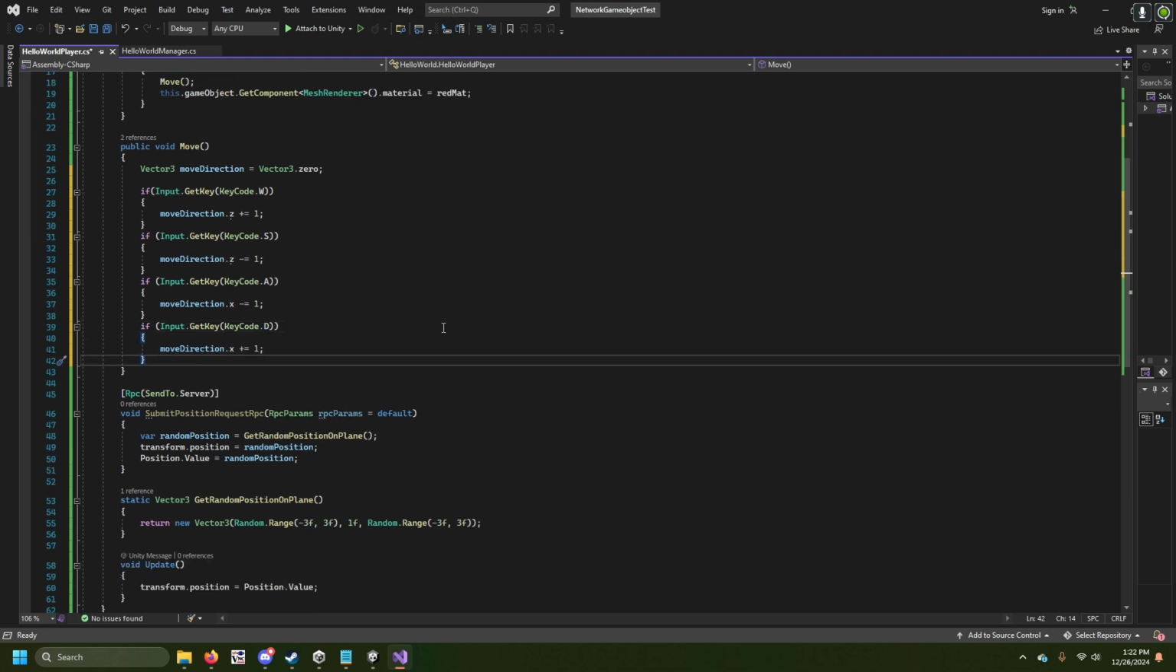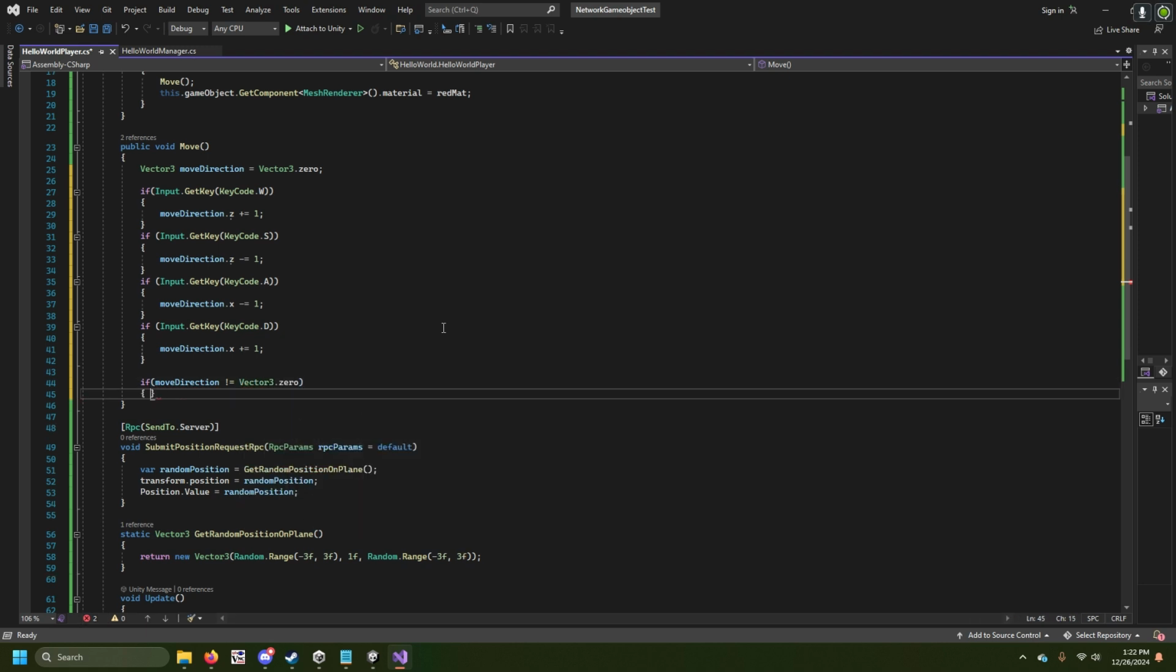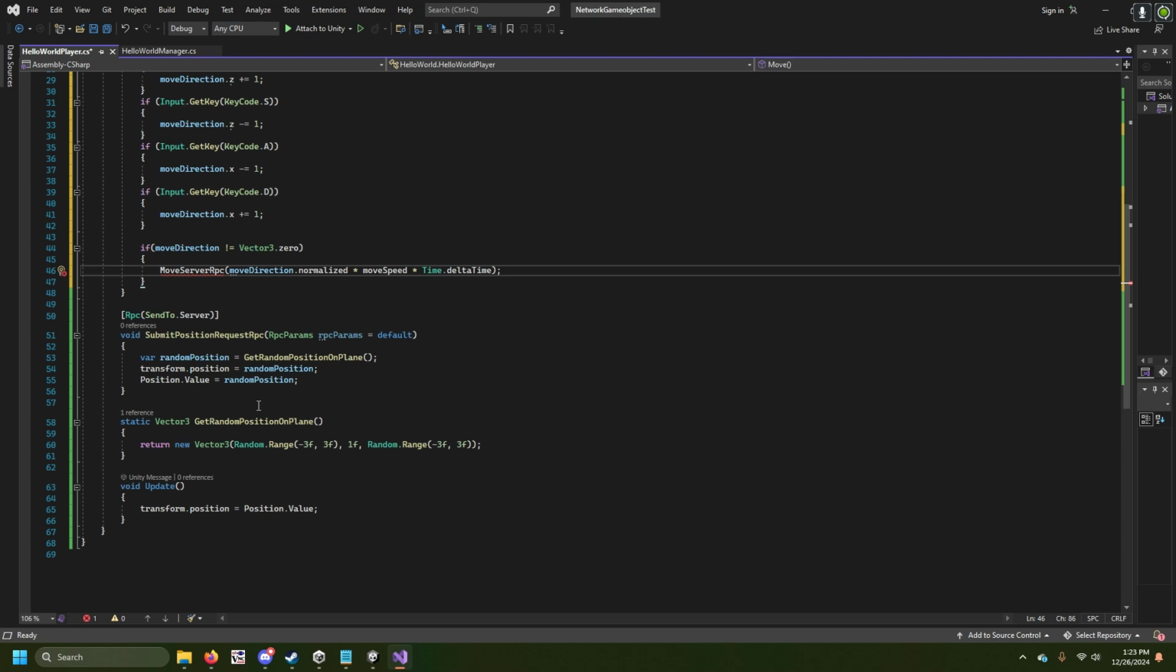Cool. And then down here we'll do an if moveDirection is not equal to Vector3.zero, and Vector3.zero is just 0, 0, 0. We're going to move server RPC moveDirection.normalized times moveSpeed, and then times Time.deltaTime, and we are going to